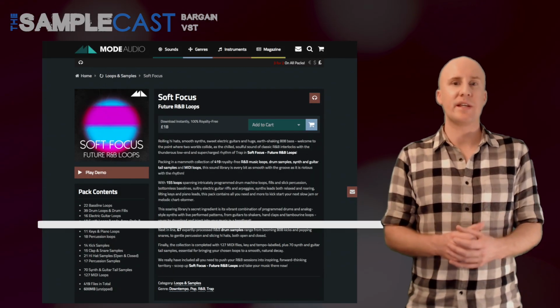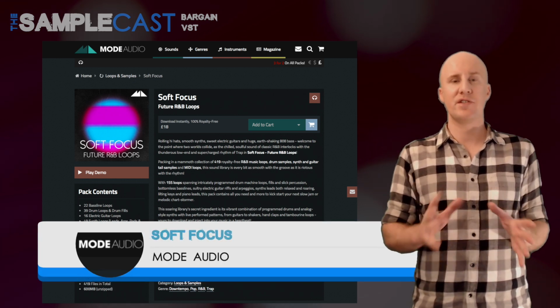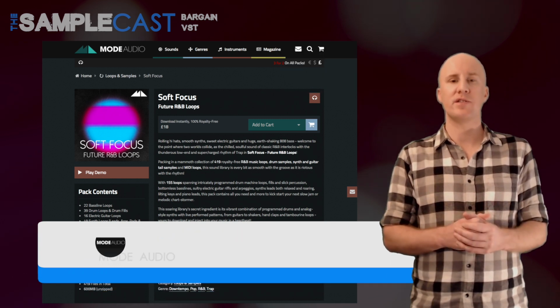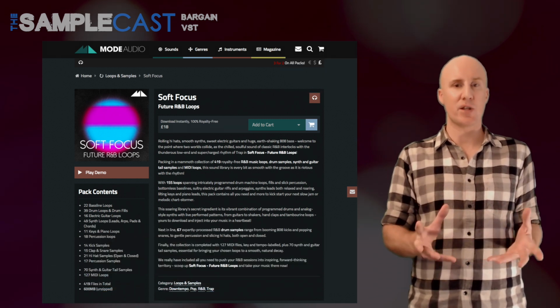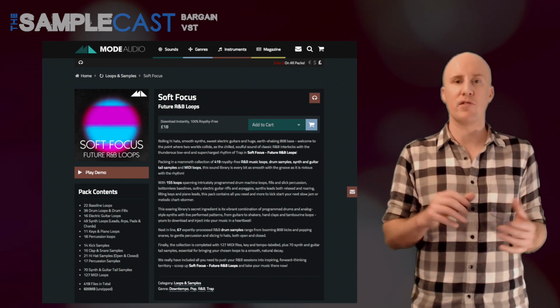My last pick for the week is Soft Focus Future R&B Loops from Mode Audio. This runs at about £18. At the moment there's a 3 for 2 offer on at Mode Audio, so snap that up if you fancy any other packs. The loops that are included are mostly in the sort of modern R&B vibe,